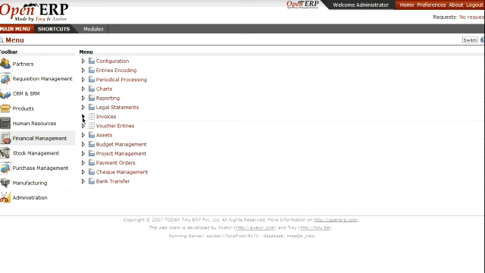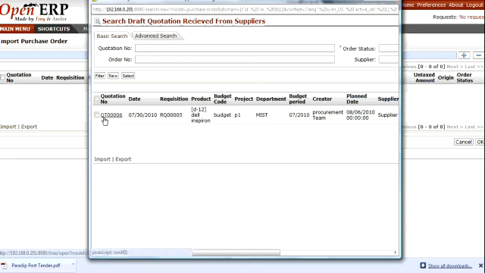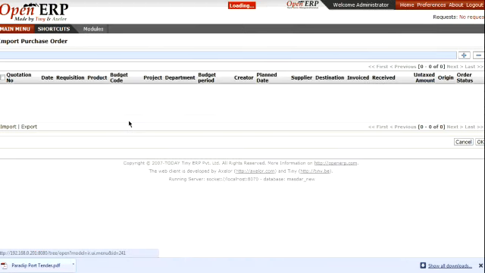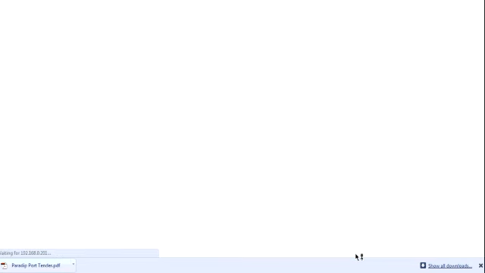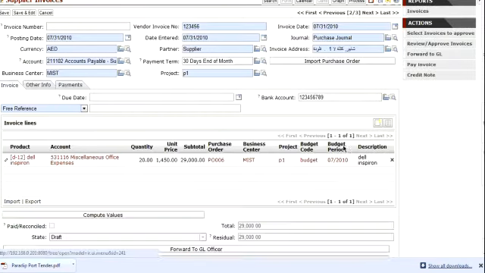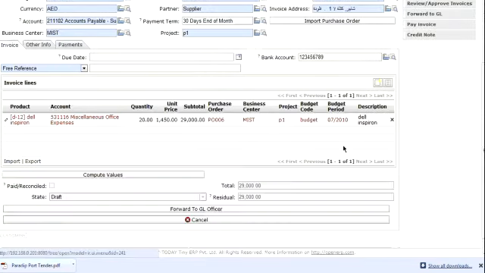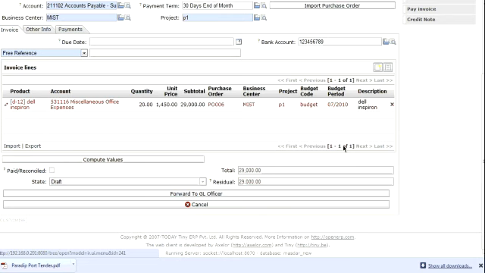The quotations would be for that supplier only. Here is how the invoice would be created.